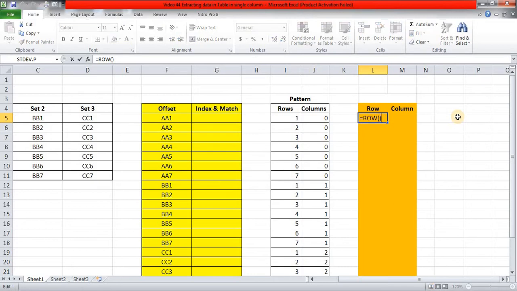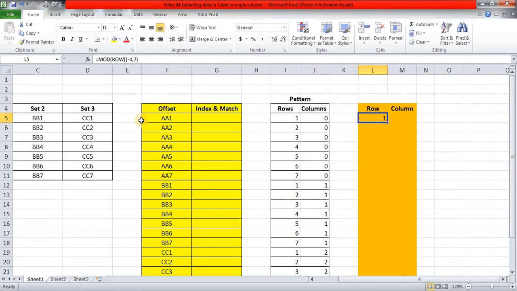So I am deducting 4 from here, because these 4 rows are totally irrelevant so far as our database is concerned. So Control Enter. Now it is giving me 1, because 5 minus 4 is 1. And now I'll see, because this data which is to be extracted has got 7 rows, I'm using the MOD function, and we will see whether this result of the ROW function minus 4 is divisible by 7 or not, and completing the parenthesis, Control